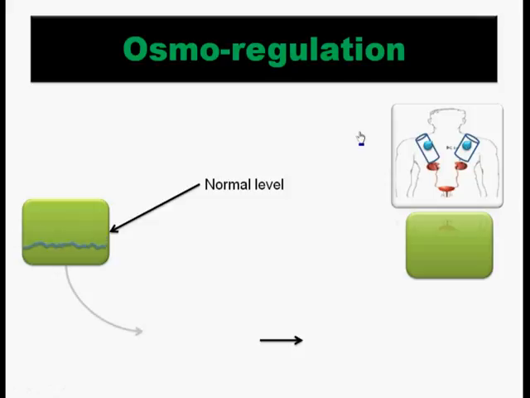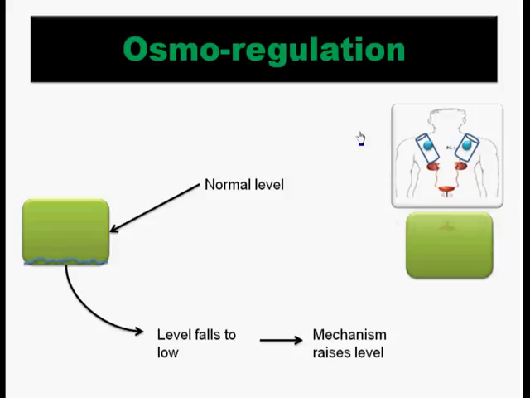Now, in this case, when there's too little water in the body, the pituitary gland will once again secrete ADH in the blood. But this time you'll have lots more ADH, which will increase reabsorption of water into the blood from the nephron, which is a tubule. Good. And it also induces thirst, and causes you to drink lots more